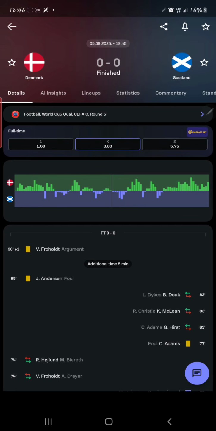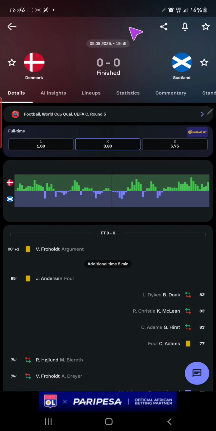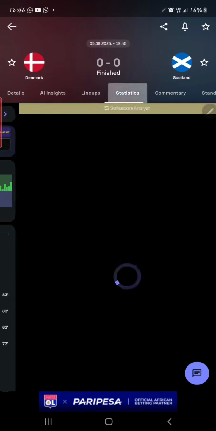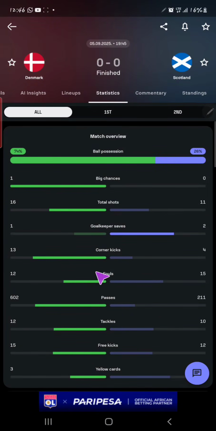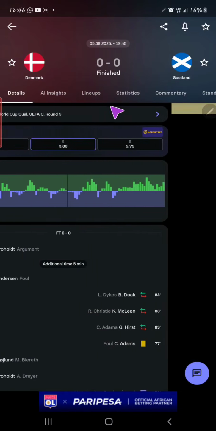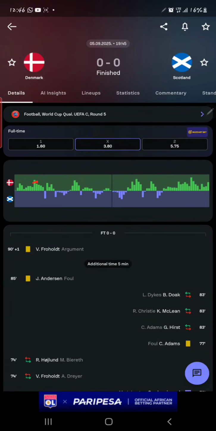So now let's check Scotland. You see, Scotland's style of play, they are defending against Denmark. Maybe Denmark is a big team for them. I don't know, but let's check the statistic. Scotland played 4 corners and Denmark played 13 corners. So mind you, the teams that have this highest spike